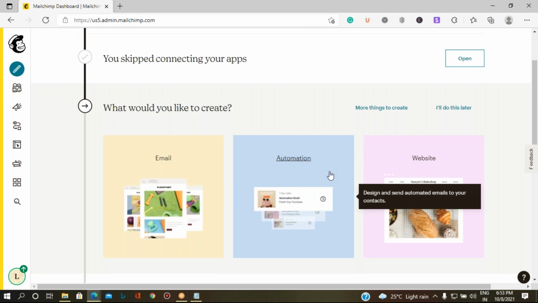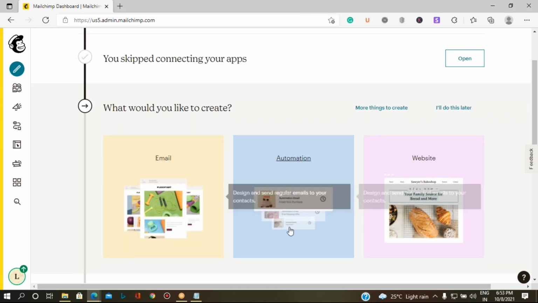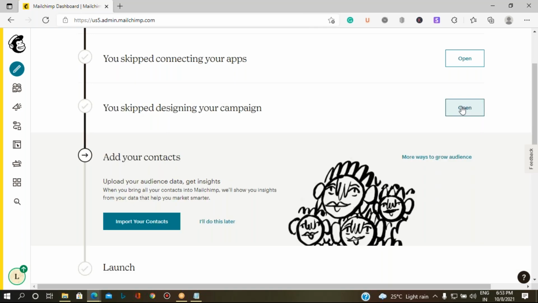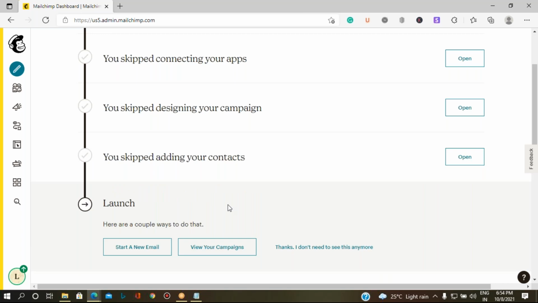Now it is asking you to create the template. So for what purpose? Is it for emailing or for automation or for website? You can select any of these, but it will ask you to create the content immediately. So let's not go immediately. I'll select I'll do this later. So the next thing is it is asking you to add the contacts. I'll do this later.